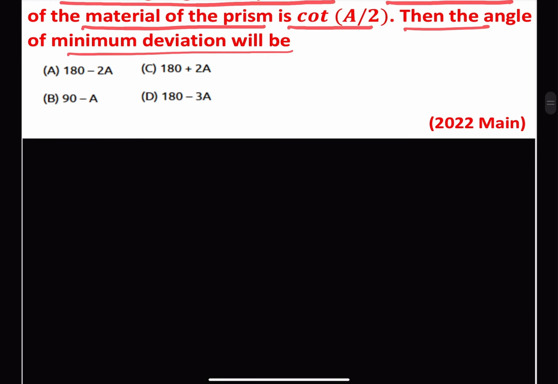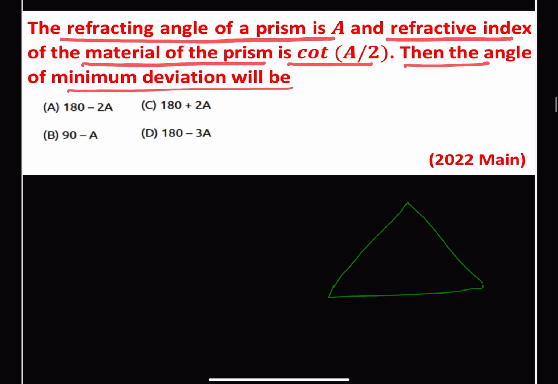So let us draw an approximate figure for that. And the prism angle is given as A. So let us suppose this is prism angle A, and the angle of minimum deviation we have to find out, and the refractive index of this material is given as mu, and that is equal to cot of A by 2. And we have to find out for minimum deviation,